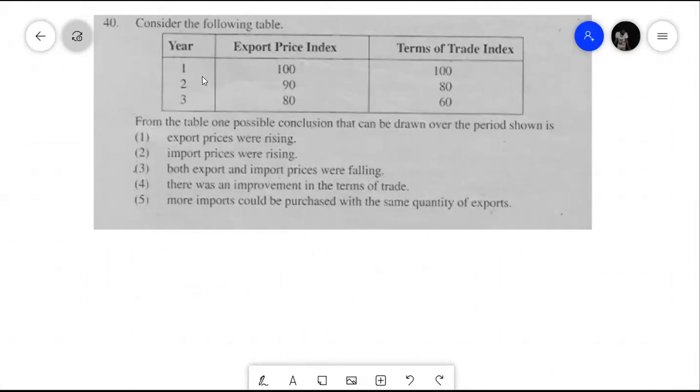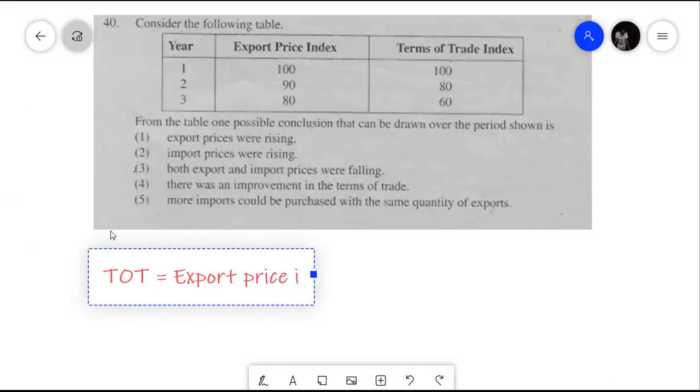Okay. Consider the following table. They have given us export price index. They have given us terms of trade index, and they are asking you what is happening. This is a very simple question, right? It's a very common question that they ask every year. So you need to know your terms of trade is equal to your export price index, right? Divided by